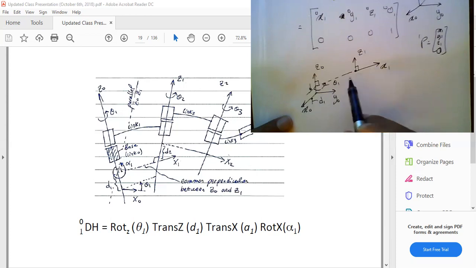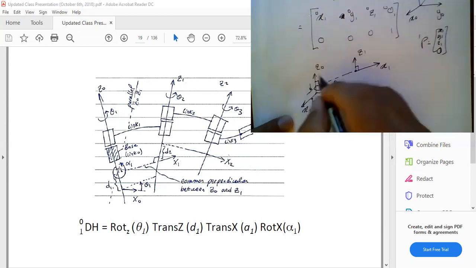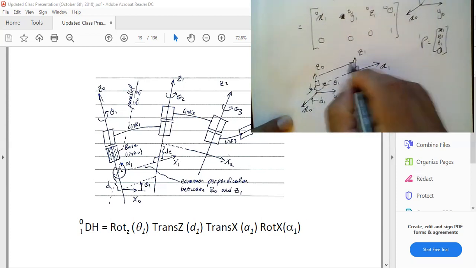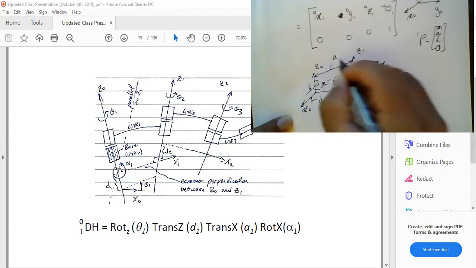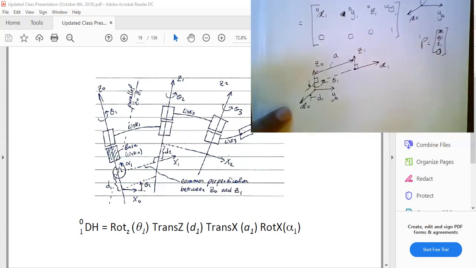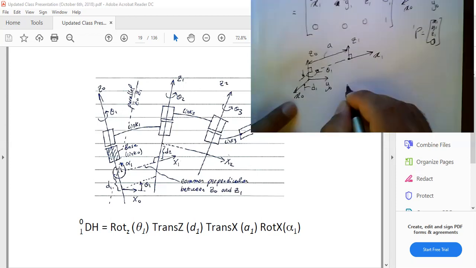And then basically we have A1. What is A1? A1 is going to be that distance, right? The distance between the Z0 and the Z1 axis. Okay, this is the A. So my DH transformation